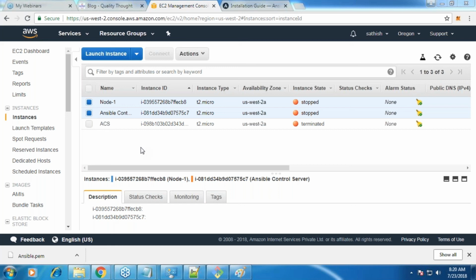When we work with Ansible, should we know Python? No. Ansible should know where Python is. That's it. You need not know Python. Ansible should know where Python is installed on your machine. If you want to develop something in Ansible, then you need to know Python. We are not developing Ansible, we are using Ansible, so for us, we don't require Python.